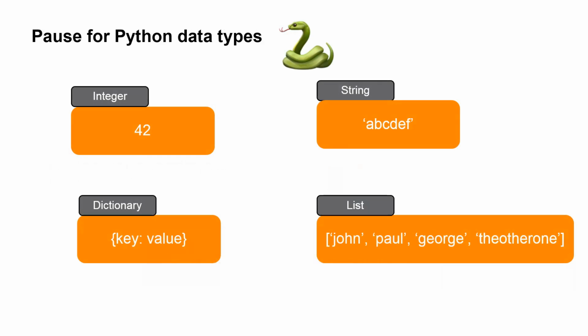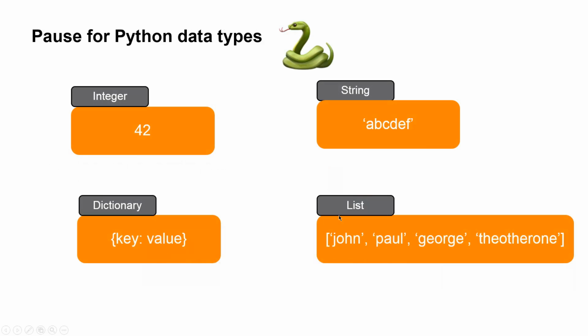So common data types that we see within Python. You've got integers there, so that's just numbers. Then we have strings, and strings are letters or numbers between quotation marks, single or double quotation marks. We also have dictionaries. This is curly brackets, and this is a key and a value. This is how we store information. We have a key, which we can call, and then that will present a value. Okay, so it's called a key value pair.